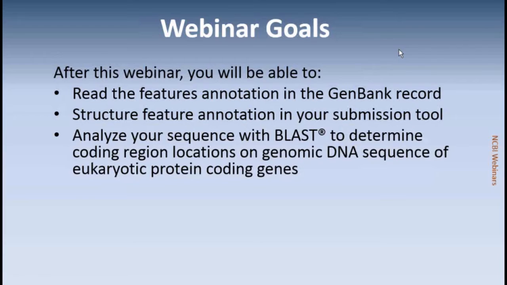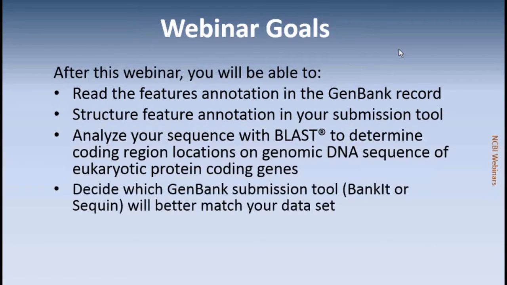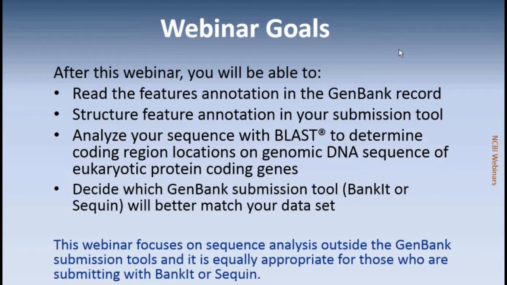And we're going to be using BLAST as an analysis tool to determine the coding region locations on genomic DNA sequences that you will be submitting from eukaryotic protein coding genes. You're also going to receive some information to help you determine which GenBank tool is a better match for your data set. And because we're really focusing on things outside of the GenBank submission tools, this content is appropriate for anyone who is submitting, regardless of using BankIt or Sequin.